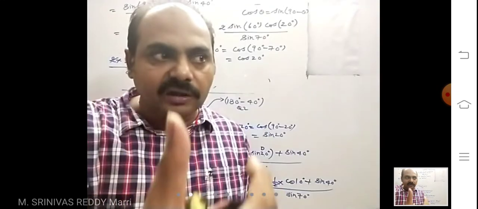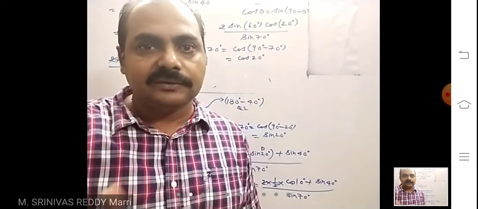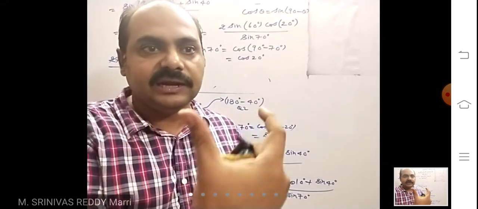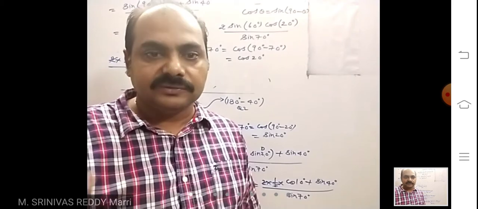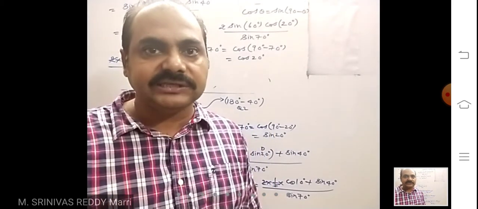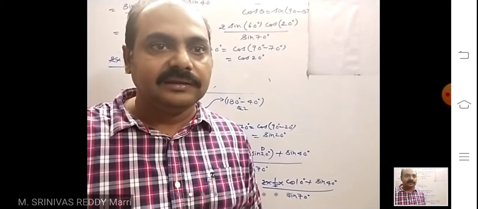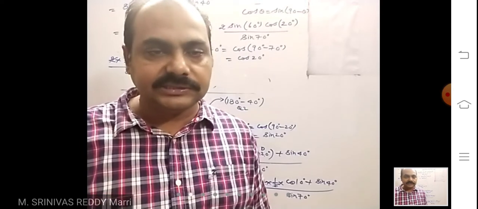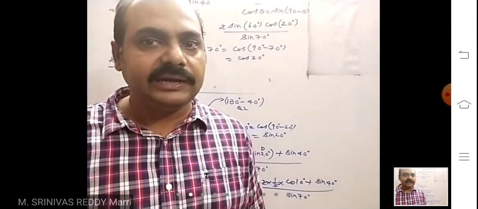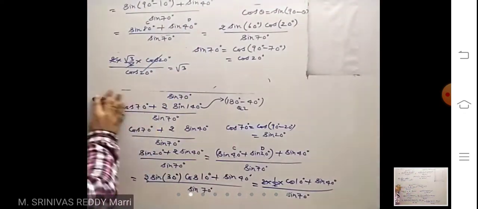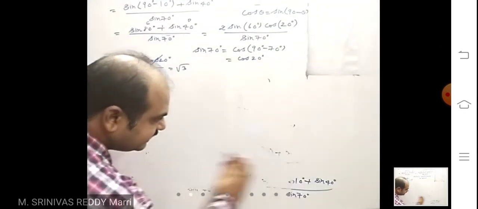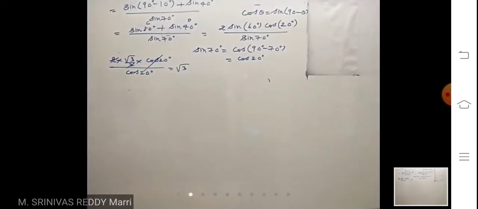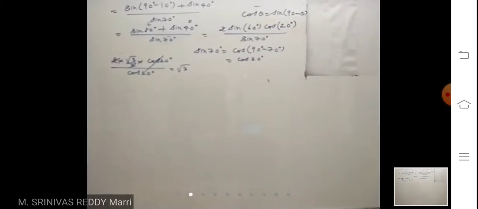If you keep on solving problems, then you will get it easily. If you try to memorize all the problems by heart, then you will get nothing. Just this formula is there, how to apply sine C plus sine D, so that what is C, what is D. Try one step and after one step and after one step, like that. Because this is not 1 or 10 or 20 problems to remember. Just you think in a creative manner, step by step like that. Then it will be very easy in IIT. Next problem.